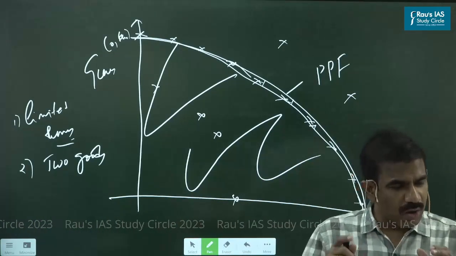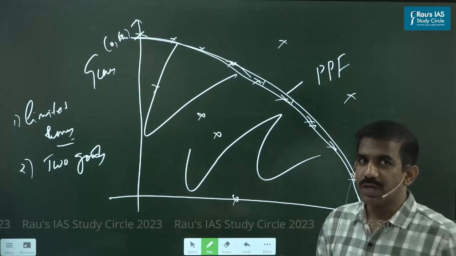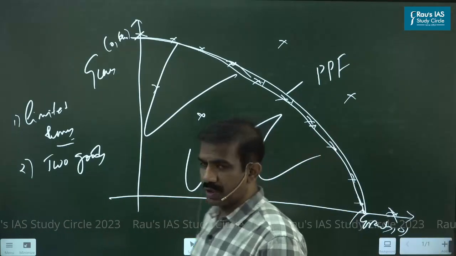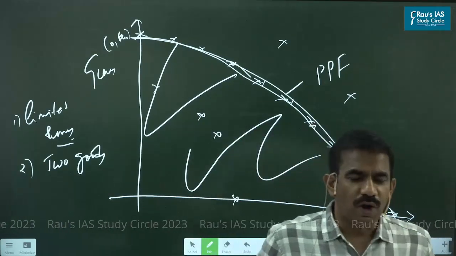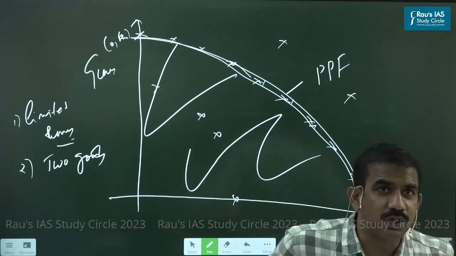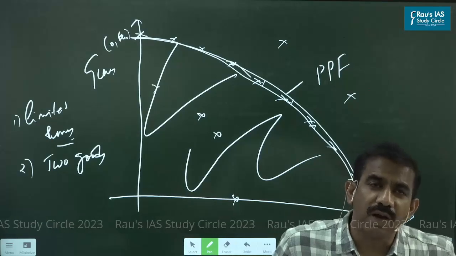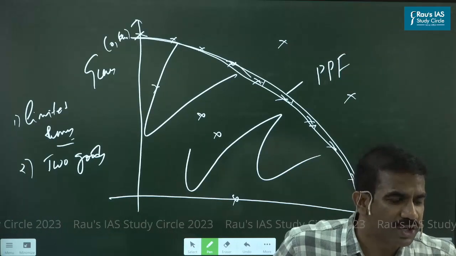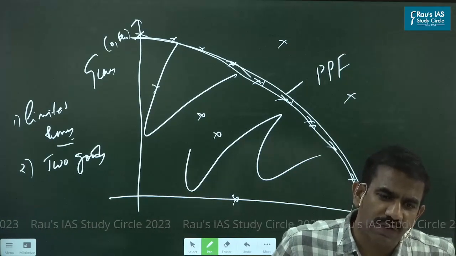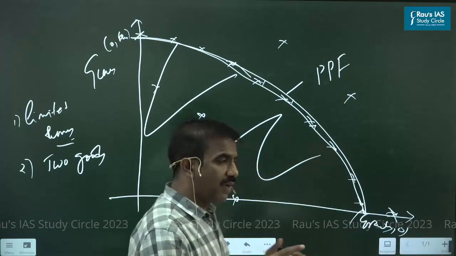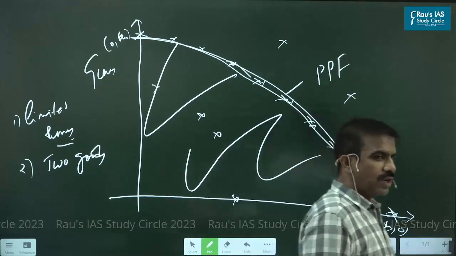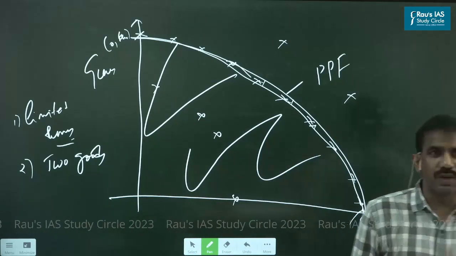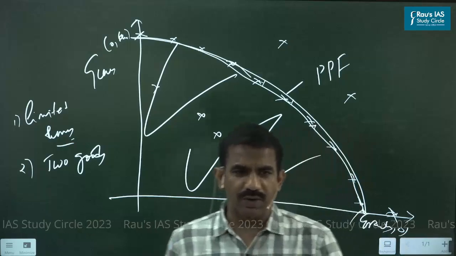Yes. Now, let me ask a simple question. Will this production possibility frontier remain constant forever? Is there a chance it could shift? Will the production possibility frontier for a nation remain constant forever? You mean to say forever and ever the nation could produce only these combinations of output? Or is there any chance of improving or shifting this curve to the right or to the left?